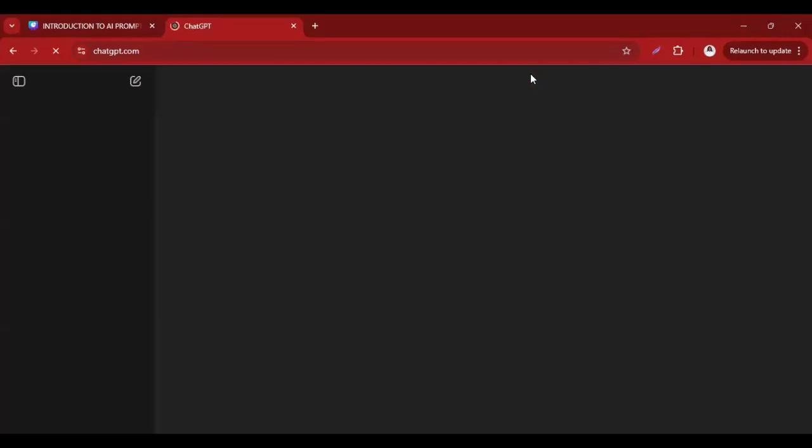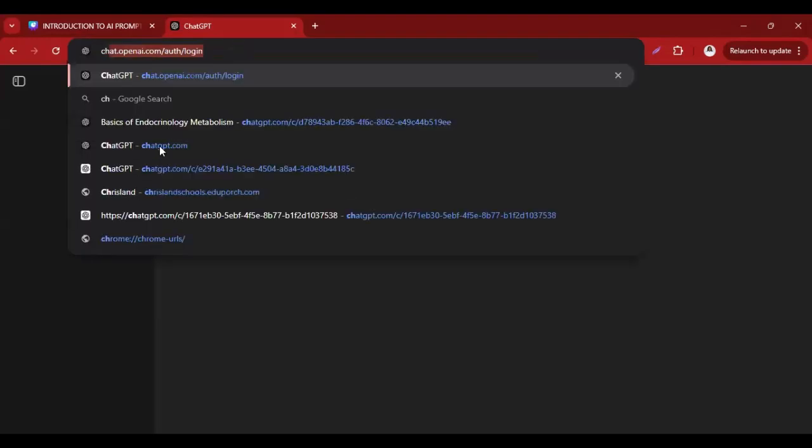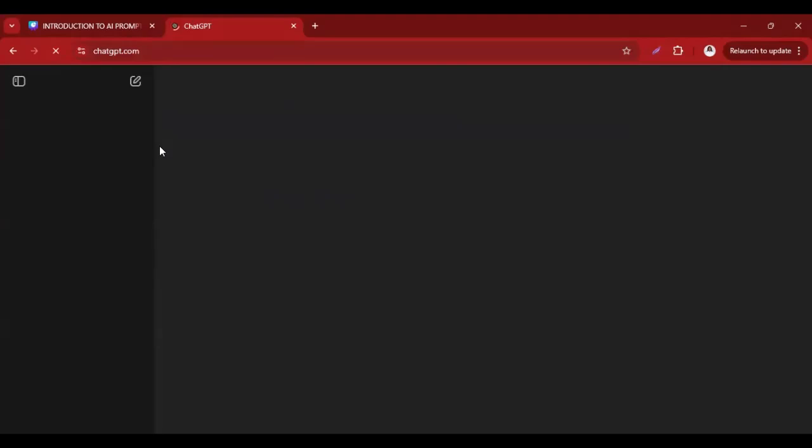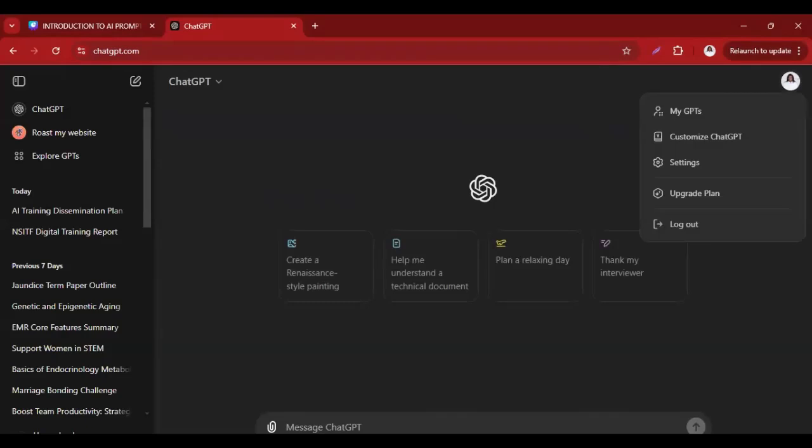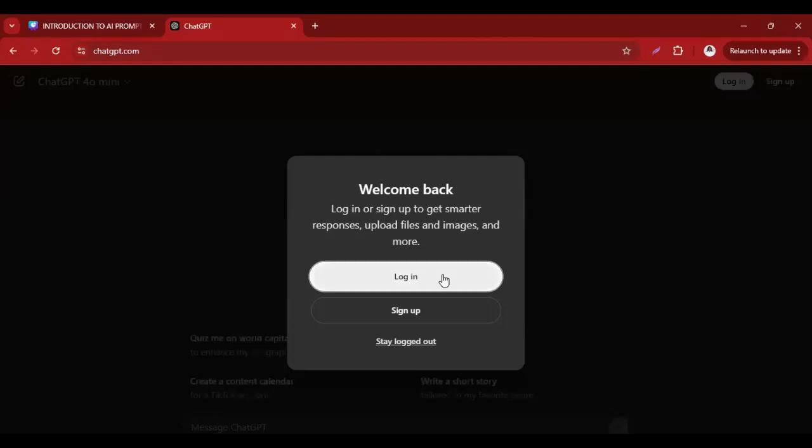For this, I already have an account. So I'm going to try to create a new one so you see exactly how this is done. There's an assumption that everybody has a Gmail, and I'm going to align with that assumption. So when you go to chatgpt.com,